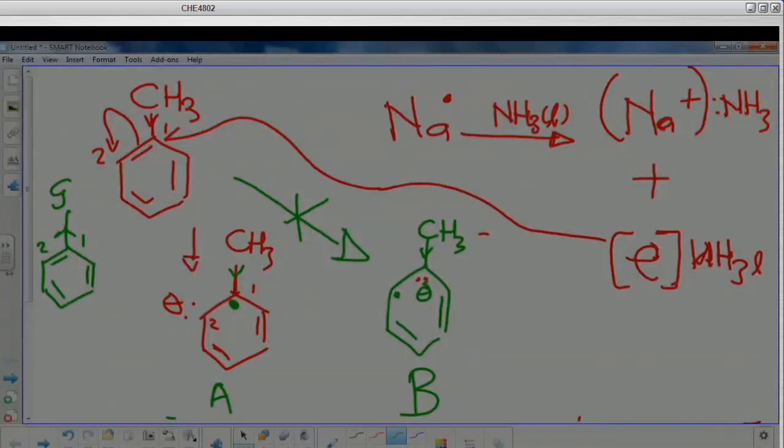And what you should notice here, you should have asked me, we used a single-headed arrow for the movement of this electron. We agree. But we use a double-headed arrow here for the movement of these two electrons to form that. And then from there, it depends on you. You can either form a resonance here, and then this electron comes here, you form a double bond, and this one comes, and so on until you have something here. This one goes there, and this one comes here, and then you generate a radical here, and then that radical reacts with another electron to form a carbanion, and so on and so on.